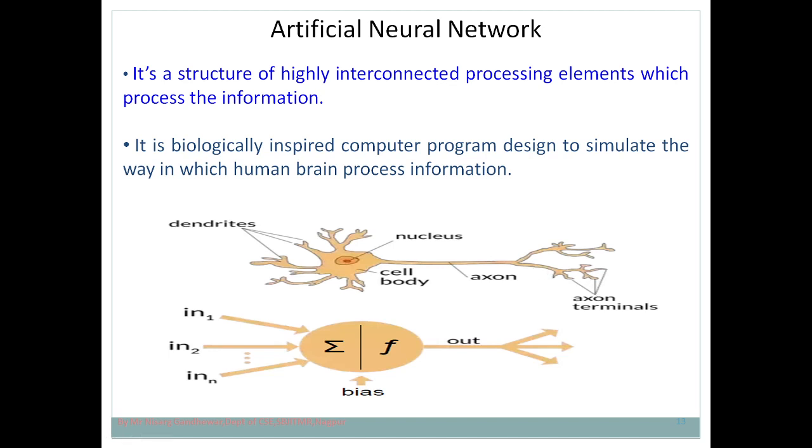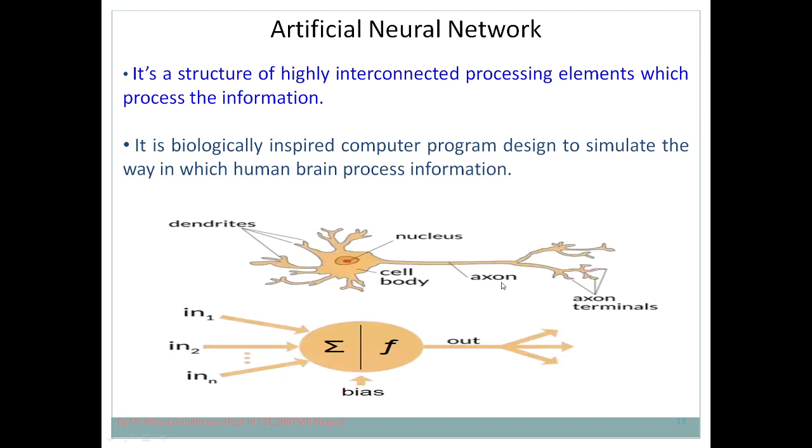Just consider an example: through the dendrites, as you touch a particular object, the signal is passed to your brain. The nucleus is there, and it will process the information. There should be a particular threshold for temperature, meaning how much temperature your body can sustain. According to that threshold it will take a decision. Its temperature is very high, it can harm your body, so it has taken a decision and provided an action that you have to take your hand away from that particular object.